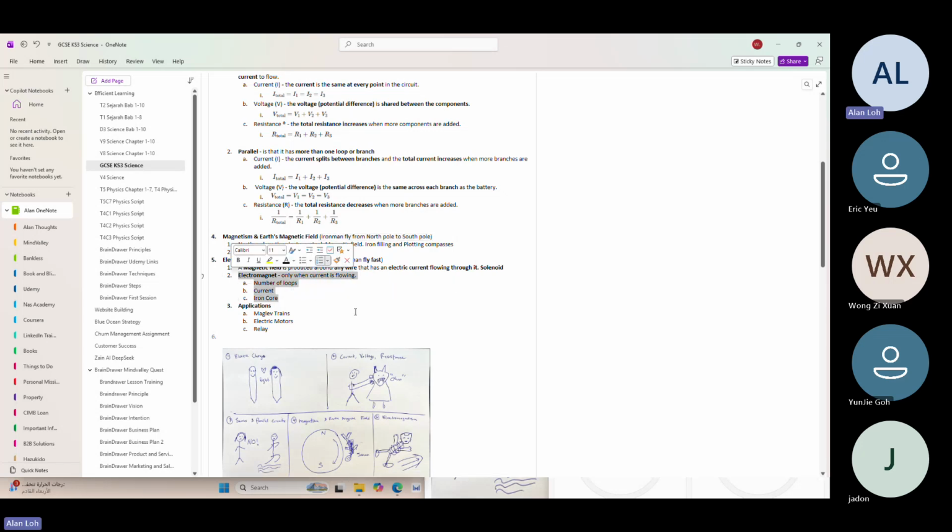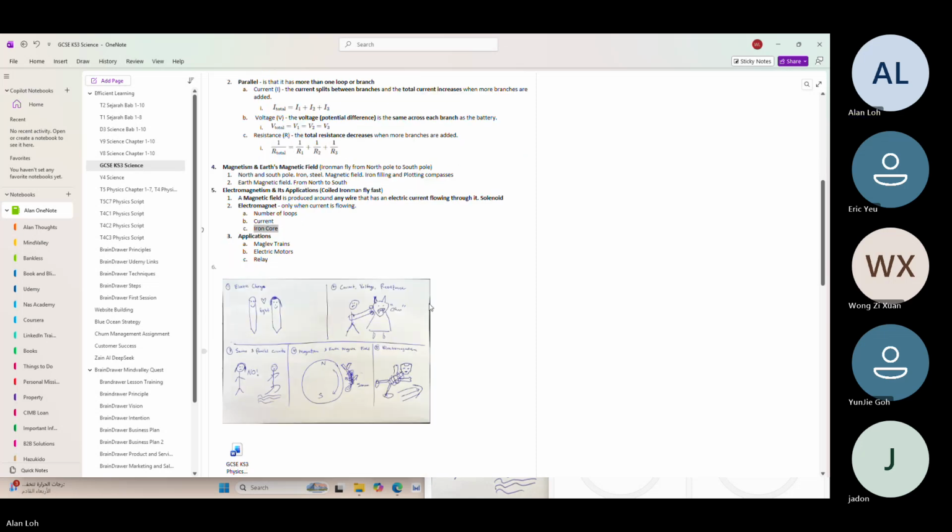Talking about electromagnet. If you want it to be stronger, you need to coil more loops. And the current that is running on the coil over the Iron Man body, if it is a stronger current, then the strength of the magnet is stronger. Okay. Why iron? Because iron is a material that is easily magnetized. You can also use steel, but it takes longer time. Right. So this is